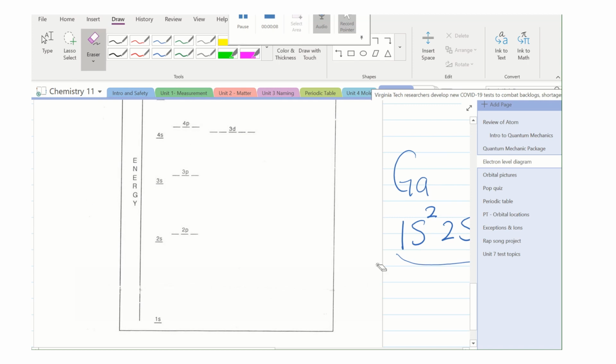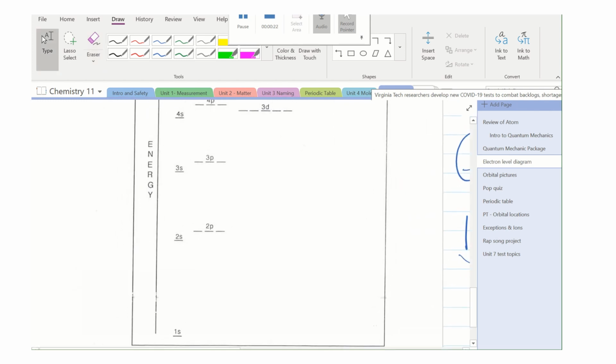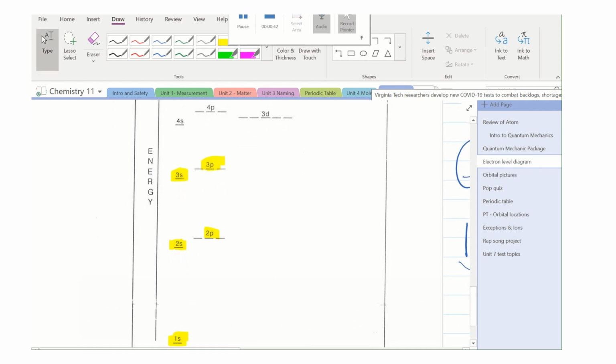So hopefully you printed off the sheet and can draw on it using pencil, because I do expect you to keep using the sheet and draw different electron configurations with it. One thing I want you to take a look at is the different energy levels and the different orbitals. We talked about how 1s is the lowest, and then the 2s, and then the 2p's, and the 3s and 3p. Now notice, something interesting is happening here.